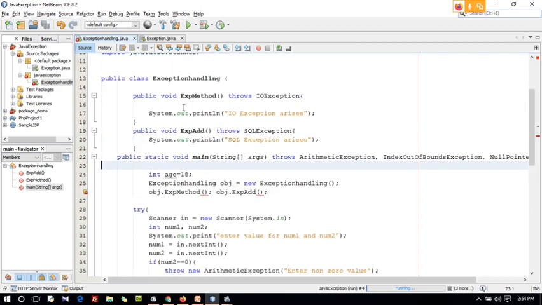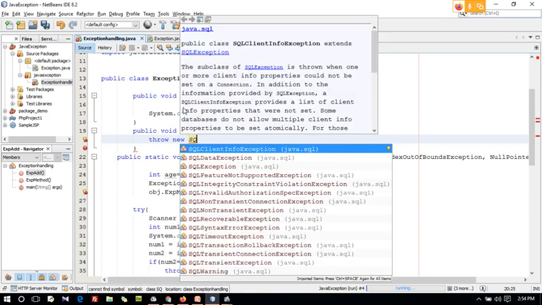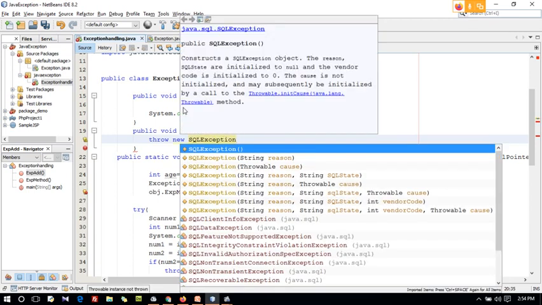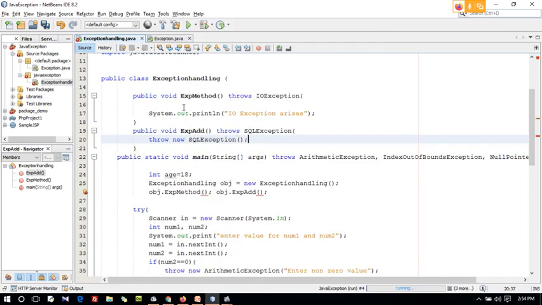Inside this method also, guys, instead of system.out.println, you can also use throw new SQL exception of SQL.